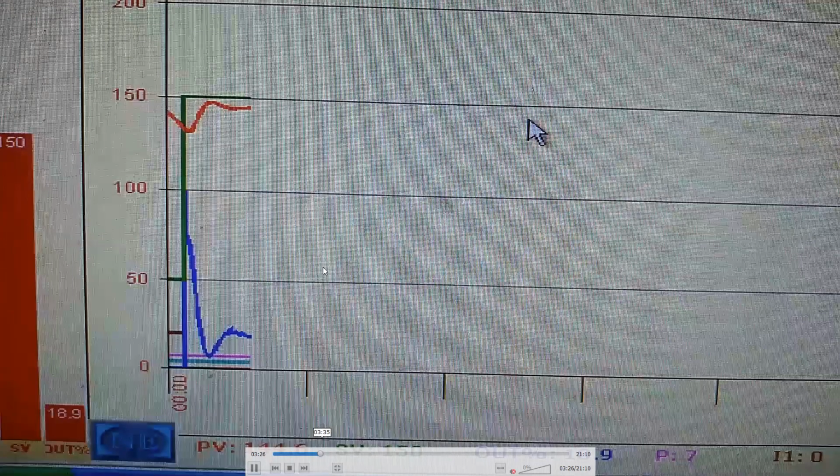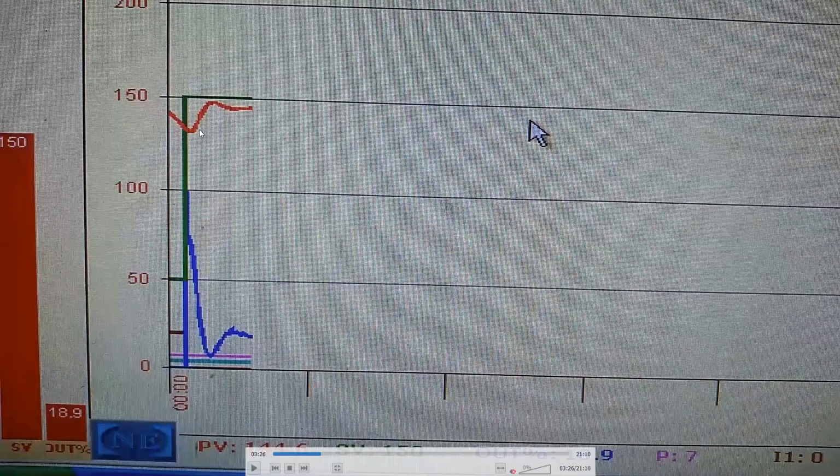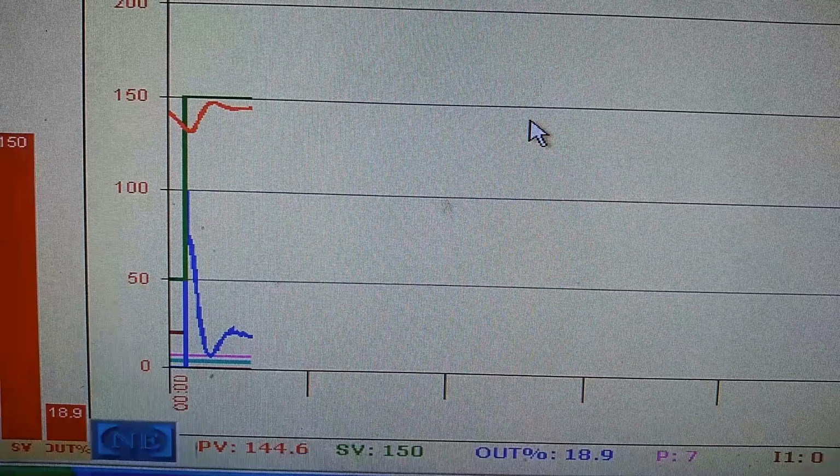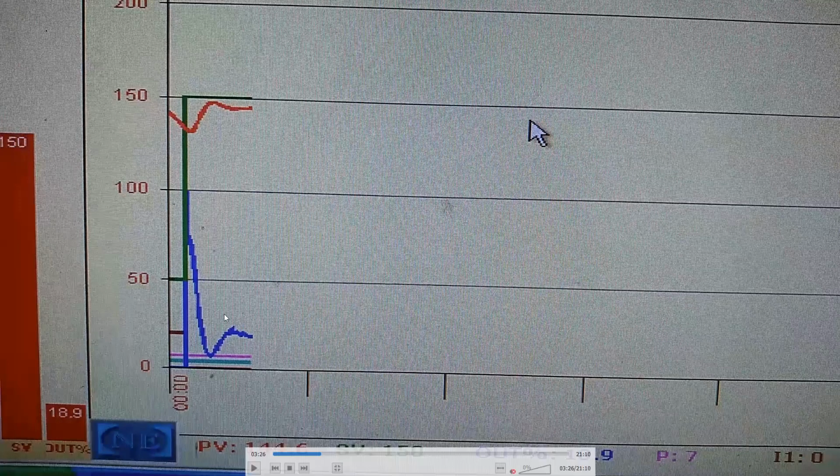So you can observe here, because of the constants Kp and Kd, the process value is slowly approaching the set value, that is 150 degrees Celsius. Okay, but still there is some error. Okay, so if we change this value, then we can either minimize this error or increase that error depending on the value of the Kp constant and the Kd constant. So now we change that constant.